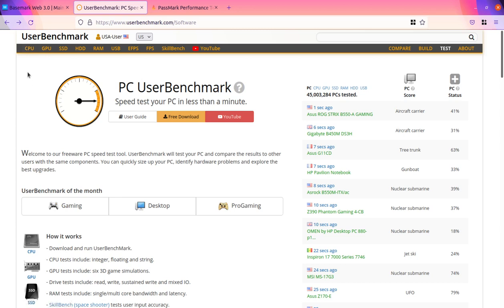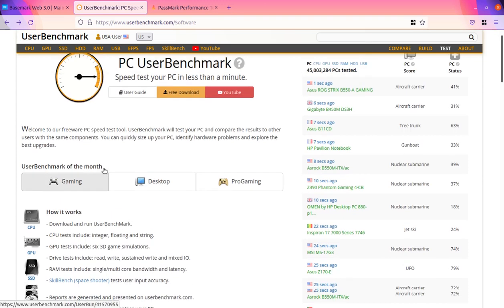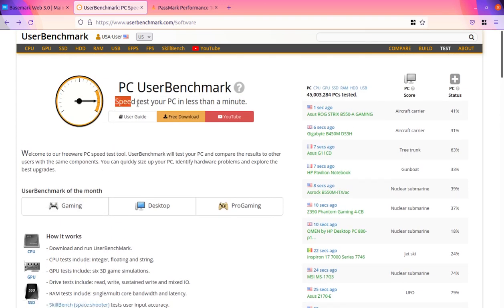So this is the UserBenchmark website, and it has a software testing feature, and we have a free download software for our PC to check the configuration and the speed of the PC. You can speed test your PC in less than a minute using this software, and I will show you.